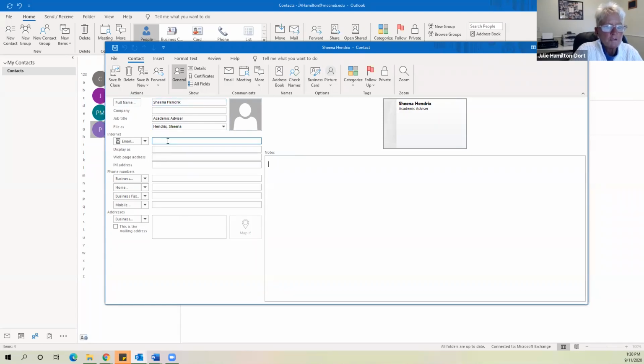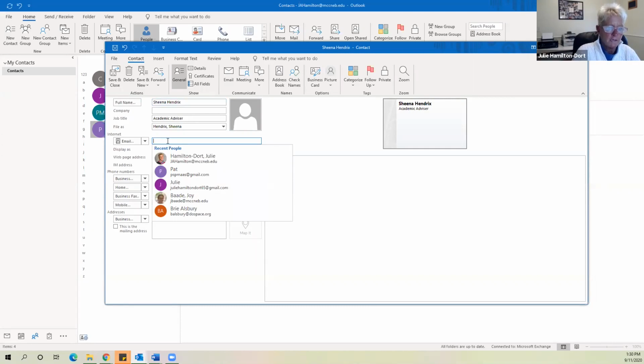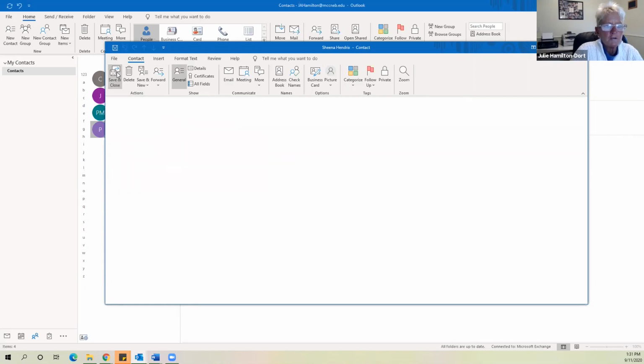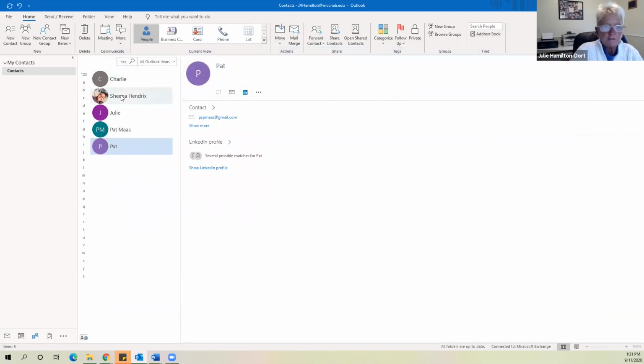So I'm going to come over here to email. And as I said, I email Sheena, so she's going to be in my recents, or she's going to populate very easily for me. So you just go ahead and double click. Note that it added her email address to the business card, and I can continue to add information if I want to, but I'm done. So I'm just going to go ahead and click on save and close, and it adds Sheena into my list of